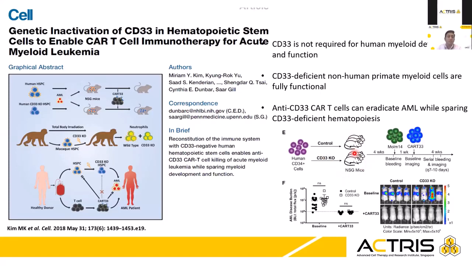So this is a very interesting study in an animal model, but what it means for human studies in future is that you can have a healthy donor where you take out the human hematopoietic stem cells and do gene editing to get rid of the CD33 marker, because these preliminary preclinical studies show, which definitely requires further validation and verification before they can be tried out in humans, that these cells can be given to patients,